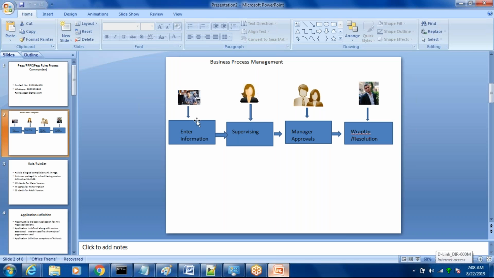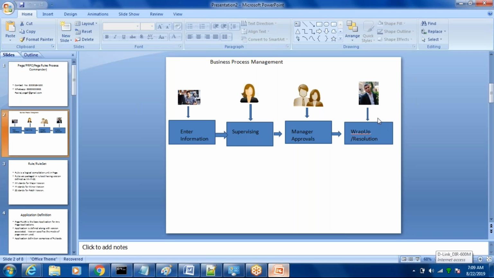Then your profile is passed to the second person who is an interviewer. The second person could be one or could be multiple as well. Let's say if you have multiple interviews, then one after another, the second person or the third interviewer will take care. Once the interviews are cleared, then it is moved to the approvals, where the HR manager or a technical manager has to approve this candidate. Once he is approved, then your profile is shortlisted for onboarding, so that they say you are ready to take the offer letter.